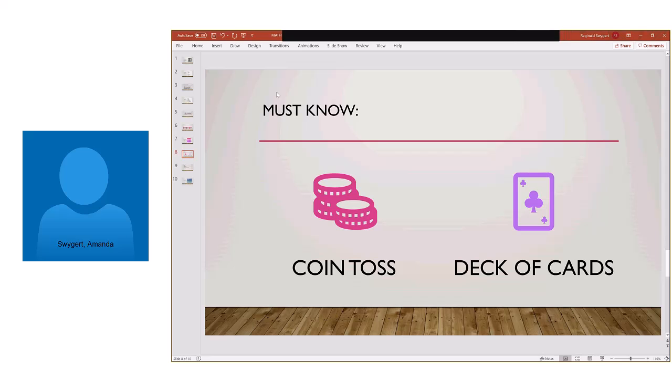The coin toss, we already talked about a little bit. So every coin has two sides. One of them is heads, one of them is tails. The deck of cards is something they kind of assume that you know. If you don't know this, maybe you want to jot it down, or of course you could Google this, but they're going to ask you a lot of probability questions dealing with cards. So you should know what makes up what they call a standard deck of cards.